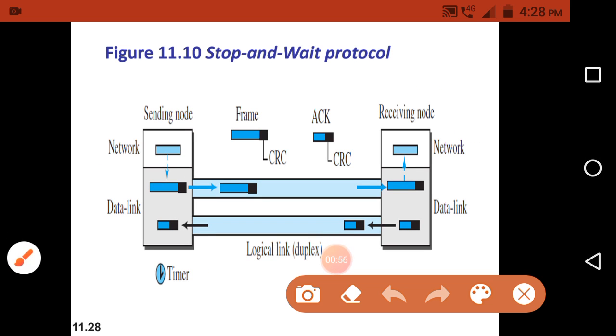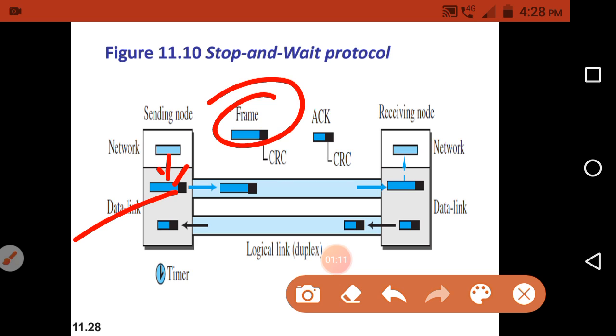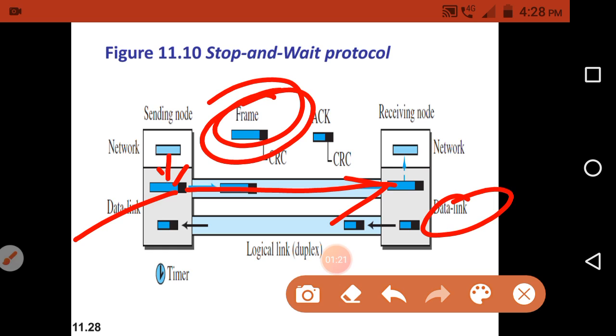Here is the layout of the stop and wait protocol. The data link layer at the sender node receives the packet from the network layer, encapsulates that packet into a frame, and sends that frame to the receiver. The data link layer at the receiver extracts the packet from that frame and delivers it to the network layer at the receiving node.